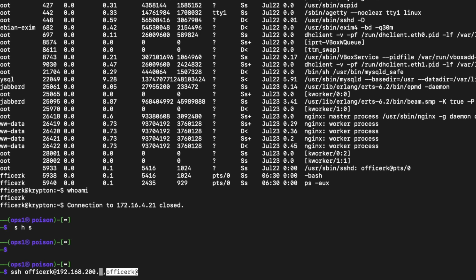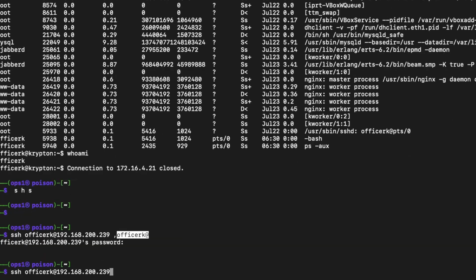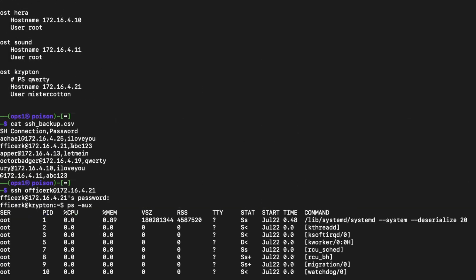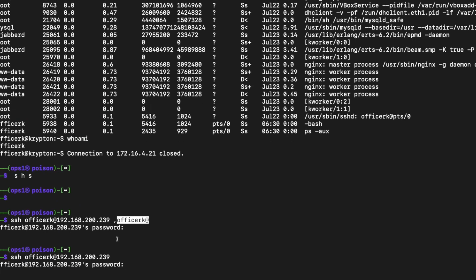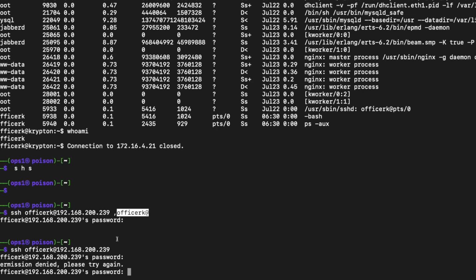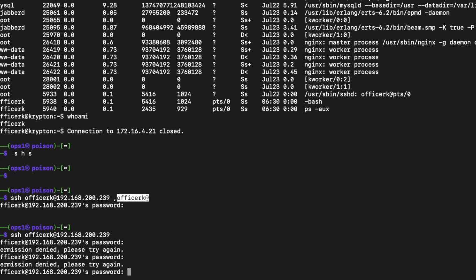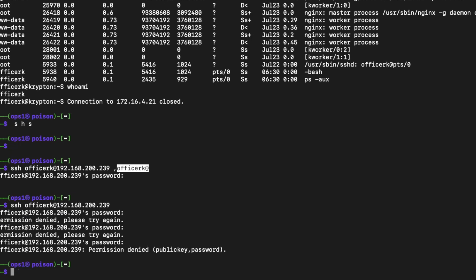Okay, so let's actually try this right here to make it better. So we have a password. We can try to connect. It won't work because we don't have such user present. We can try something else. Maybe one more time. Okay, so